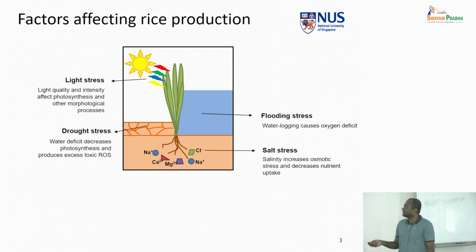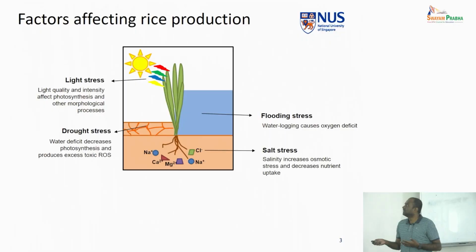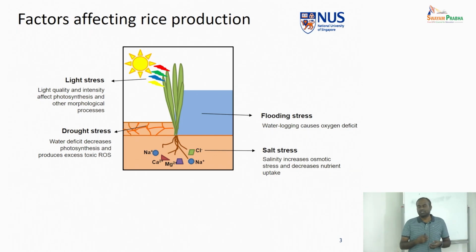And the light also, the different types of light also play a role with the changes happening in the ozone layers and the UV radiation and so on. The different colored lights, the intensity and the wavelength of the lights, how they are perceived by the plants, will also have a significant impact.